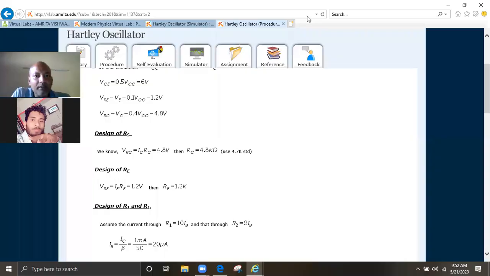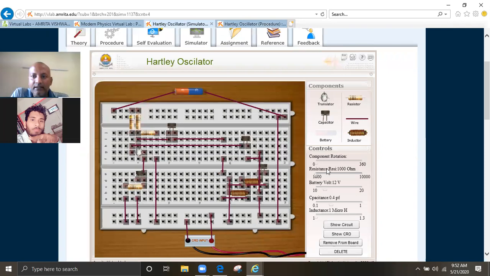Now you can change the value of RC, and the value of Re is nearly 1.2 kilo ohm. So I click on Re and change its value from 1 kilo ohm to 1.2, near about 1.208 or 1.2 kilo ohm.